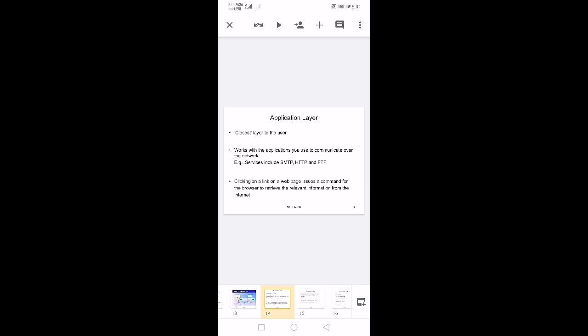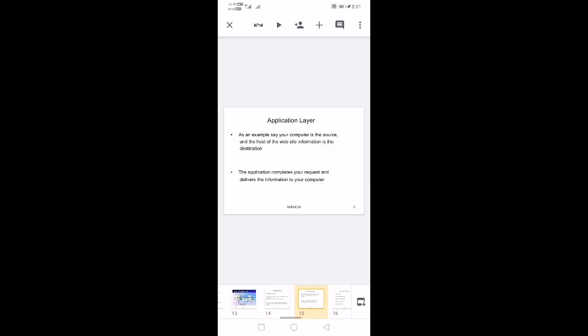So by using the HTTP command, you are typing some information, that is Google, then you will have the data that will be given from Google to the application layer. So that is converted by the presentation layer.